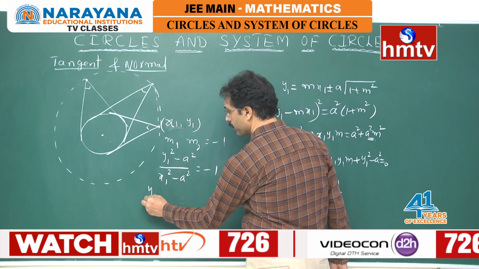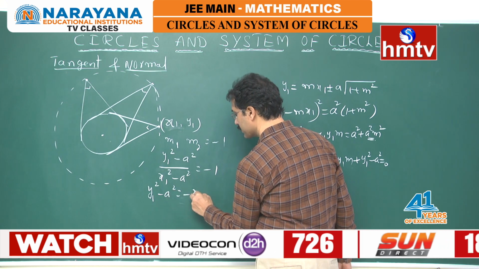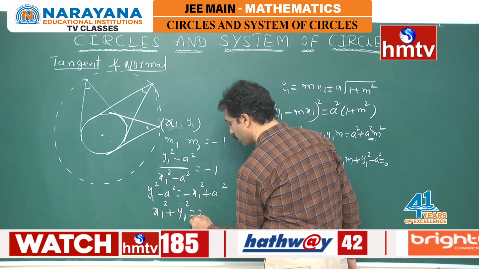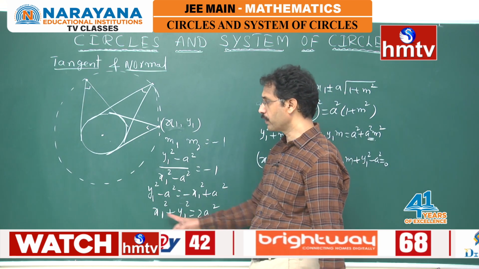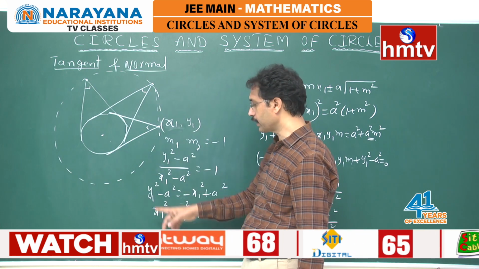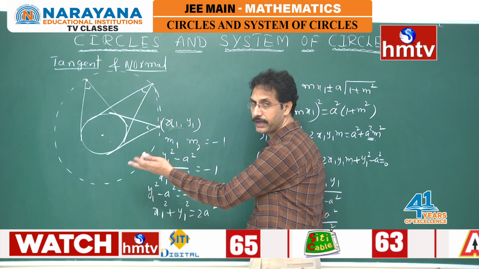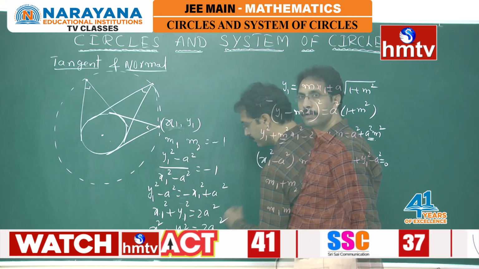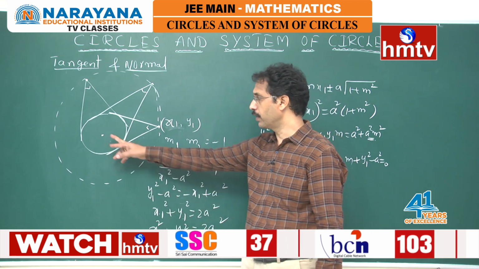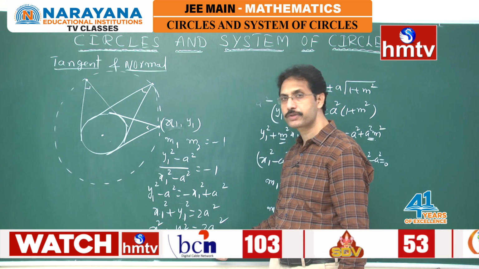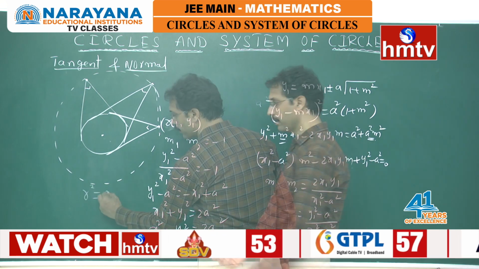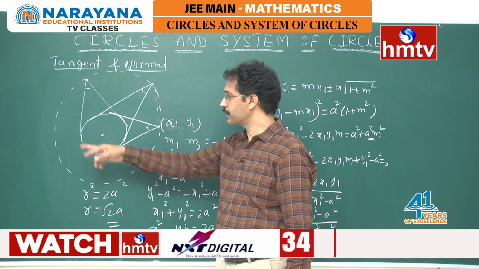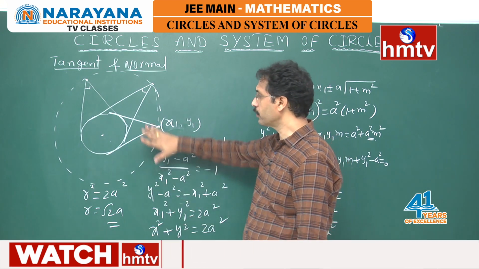Then by cross multiplying, y1 square minus a square is equal to minus x1 square plus a square. So we can write x1 square plus y1 square is equal to 2a square. See, the locus of x1 y1 means a set of points. If I generalize, replacing x1 y1 by x and y, you will get x square plus y square is equal to 2a square. See, it is a circle, the center is 0 0 only, and r square is equal to 2a square. So what is r from this? Root 2 a. So the locus of the point of intersection of perpendicular tangents is also a circle.